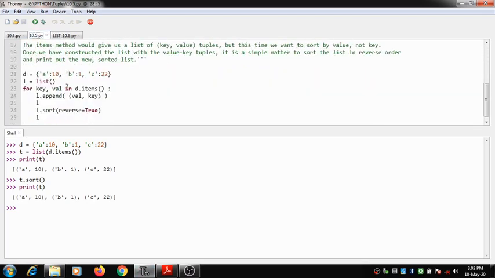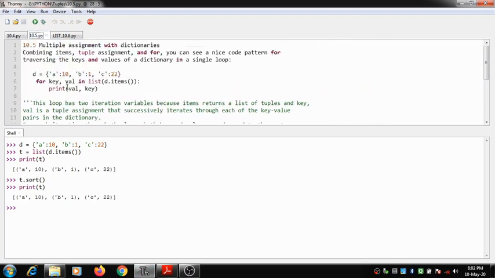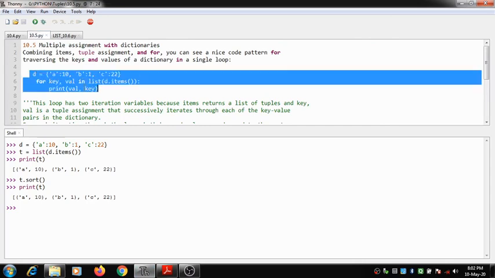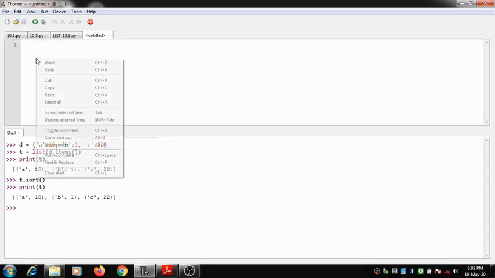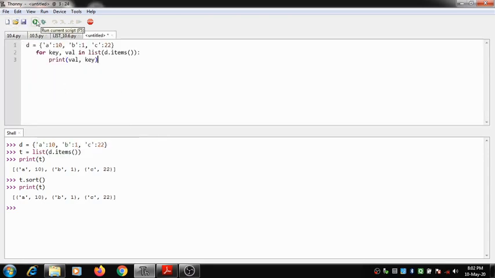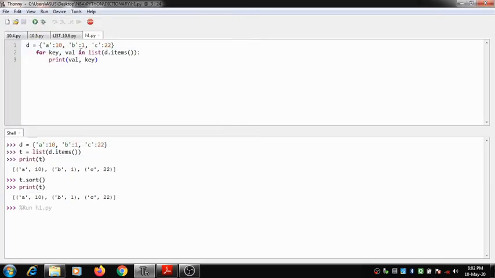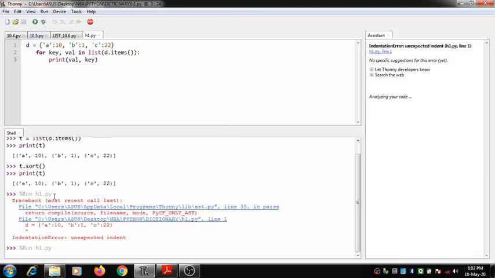Whenever we are running this particular code, let me copy it. Save and play it.